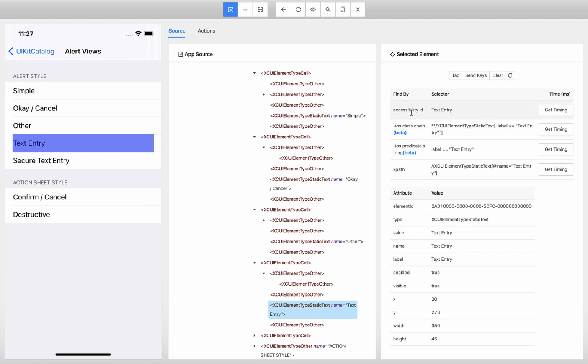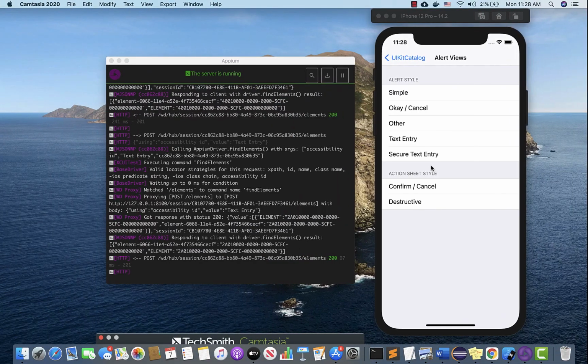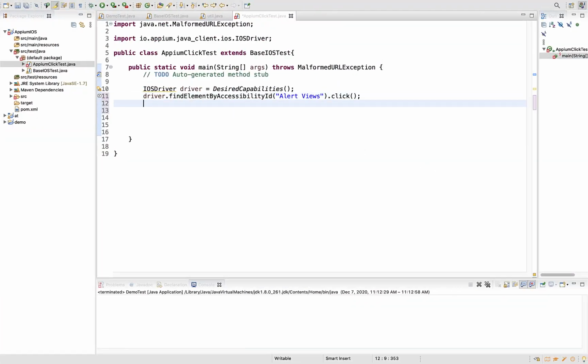So you still have ID to click, but this time let's go with XPath. Okay, so this is the tag name, right? XCUI element type static text, and we have attribute called name. So let's design XPath around it. You already have it here. You can blindly use that. Okay, so let me use this XPath, but if you want to write your own XPath, so you know the syntax, right? If not, let me show you. This is the syntax for writing an XPath: / tag name @attribute equals to value, right? So this is the XPath.